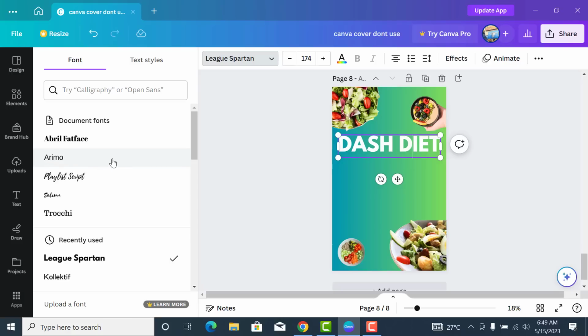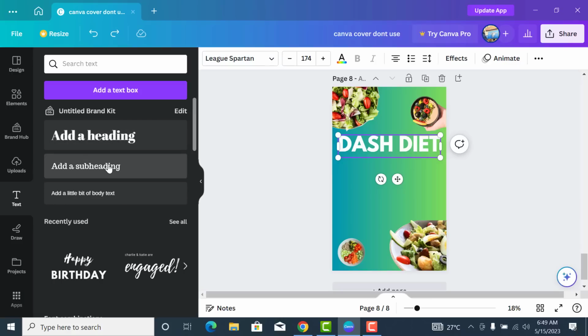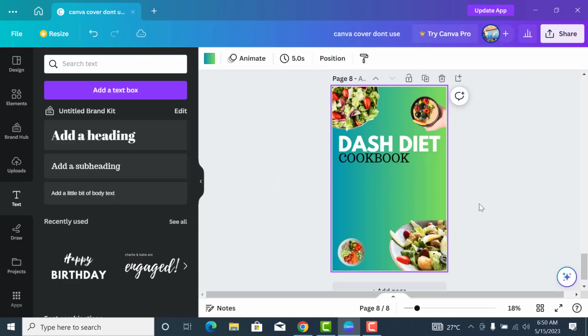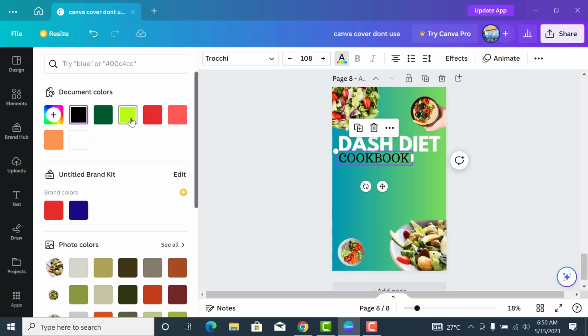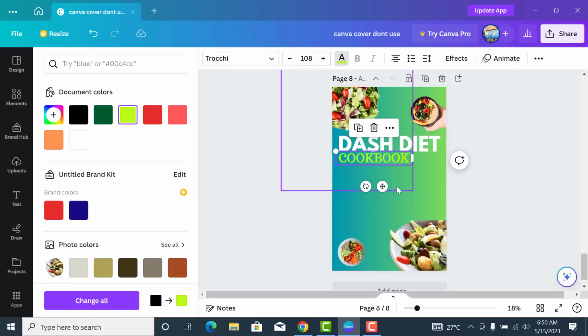Let's take this one. So we click on this and use it to write Cookbook. So now we have Dash Diet Cookbook. Let's change the color of the cookbook. You click on it. Let's take this color. Yes, let's leave it like this. Dash Diet Cookbook. Then for beginners, we can now go and look for a fancy font to use in writing